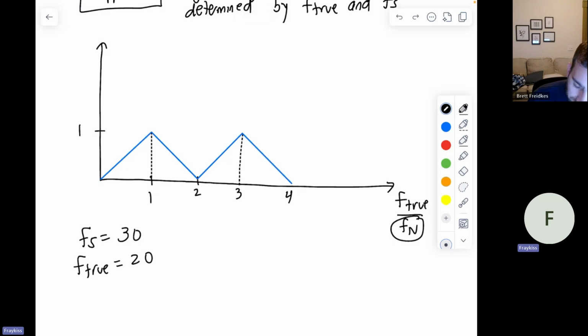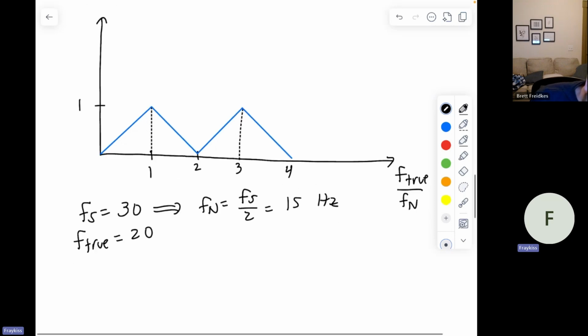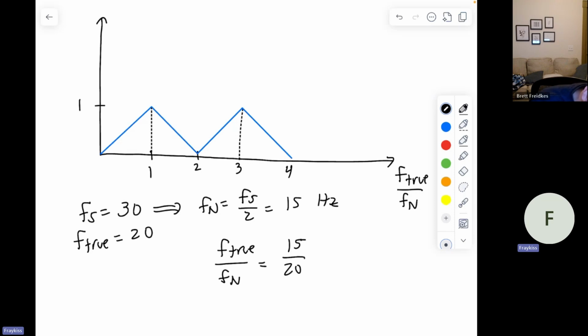We now need to look for fn, and fn is simply half of the sampling frequency, which is 15 hertz. So if I take the ratio of f true over fn, this will be 20 over 15,